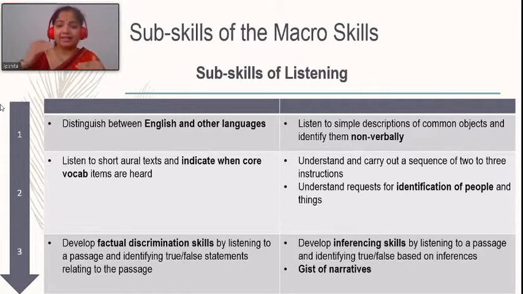But if you look at these levels, then you will be able to identify that, okay, these many students are able to do level 1 things. These students are able to do level 2. Now, from level 1 to 2, they can help each other and move forward. So, therefore, I have shared that skill sheet with you.